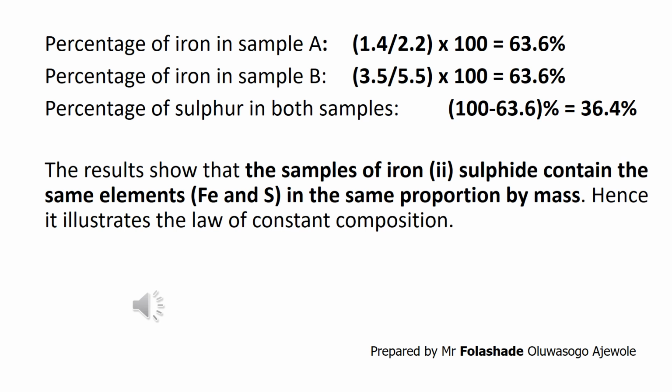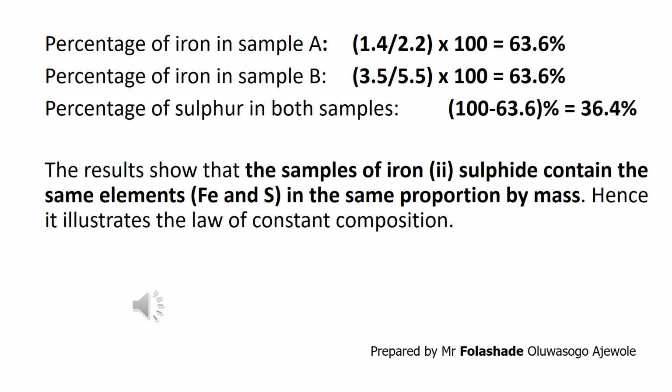The percentage by mass of iron in sample A is given as 1.4 gram all over 2.2 all multiplied by 100, and that gives us 63.6%. Then you calculate the percentage by mass of iron in sample B, which is given as 3.5 all over 5.5 gram all multiplied by 100 to give you 63.6 as well. And that implies that the percentage of sulfur in both samples will be 36.4%,